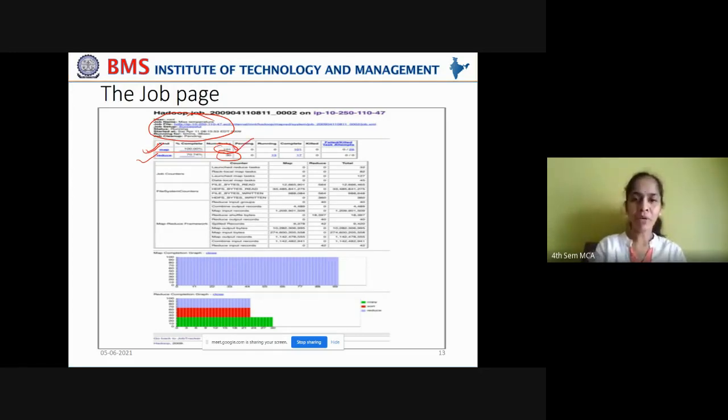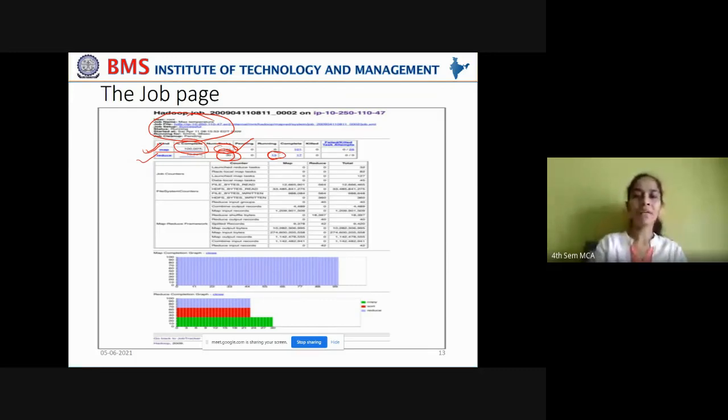Here there are 101 map tasks and all map tasks have been completed, so it gives the status as 100% completed. But in the reduce phase, among these 38 jobs, 33 are still running.